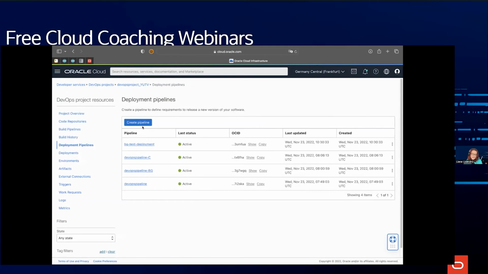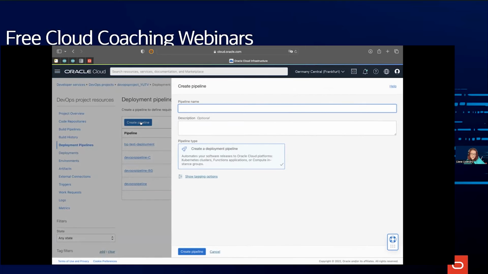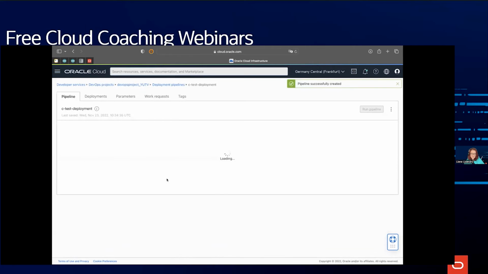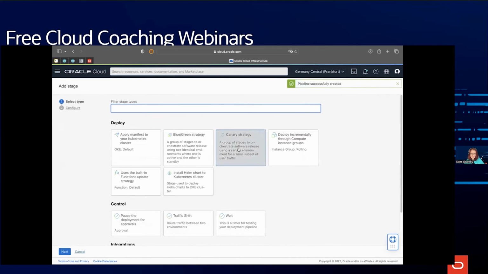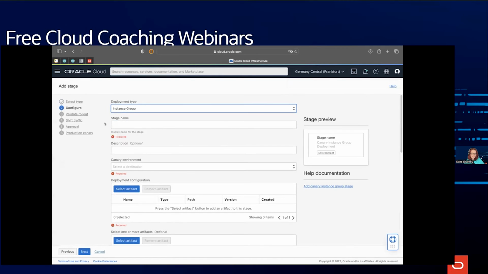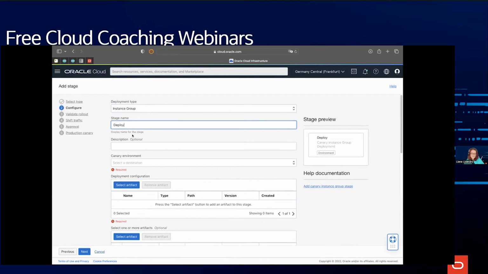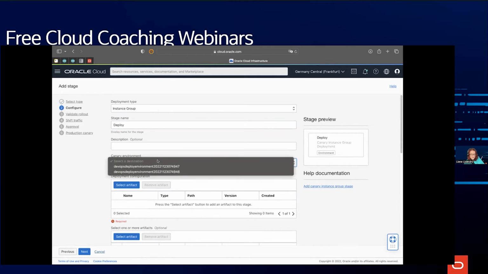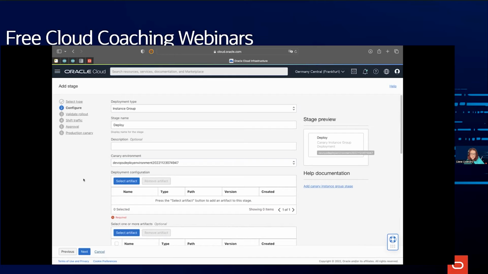Now, let's take a look at Canary. And I'll create a new pipeline here, which I'll call Canary Test Deployment. So again, this looks exactly the same, only we select this time the Canary strategy. So once we click on Next, we need to give it a name. Then we need to select our Canary environment. Again, we need to select one of the available environments that we've got, and I'll just select this environment here,